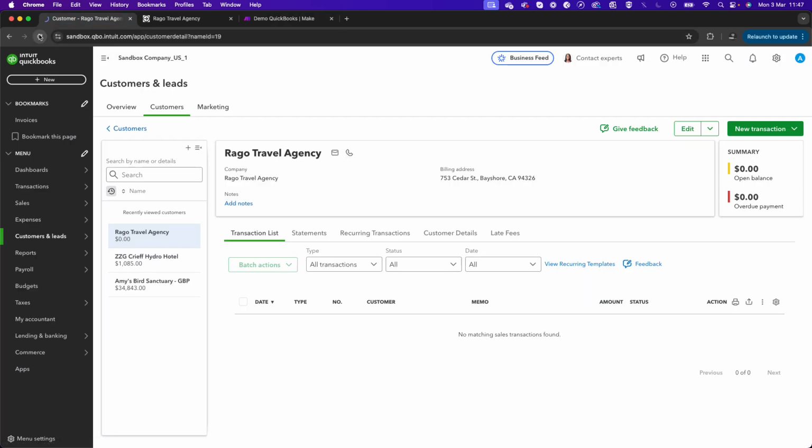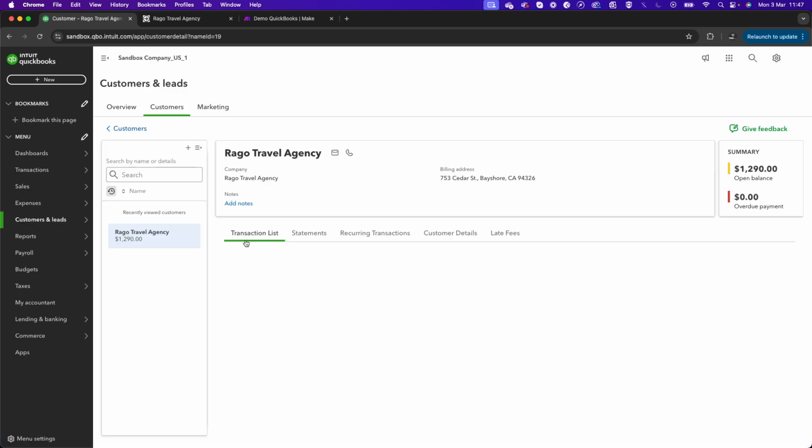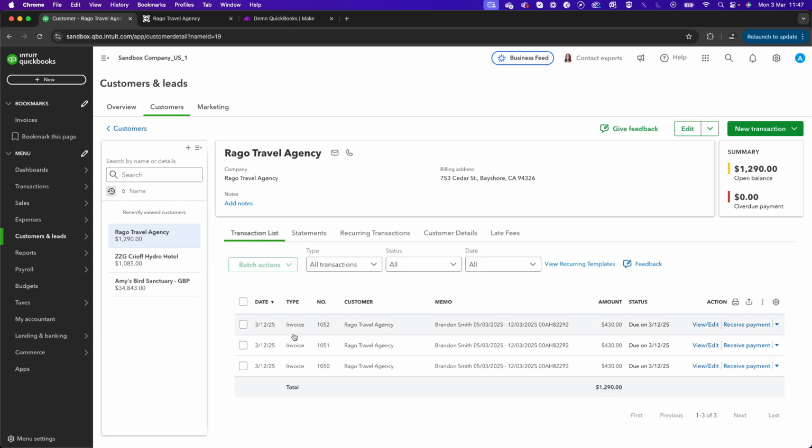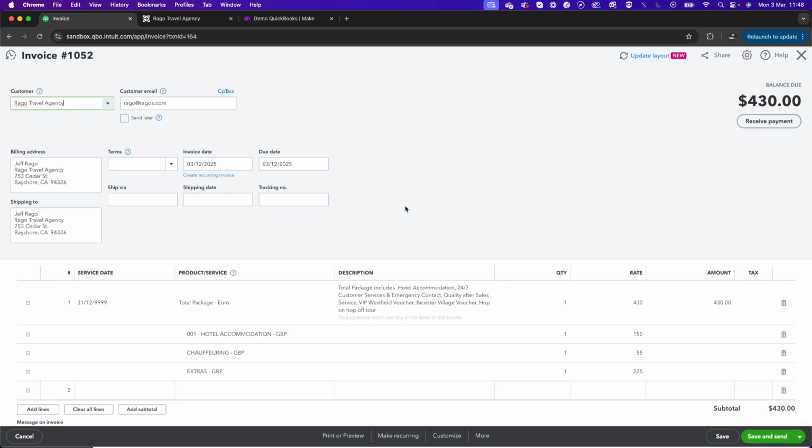What we should see if I now refresh the customer inside QuickBooks is an invoice that is associated to it in here. So if I let that load, what we should see here is our invoice. If I now click on View and Edit,